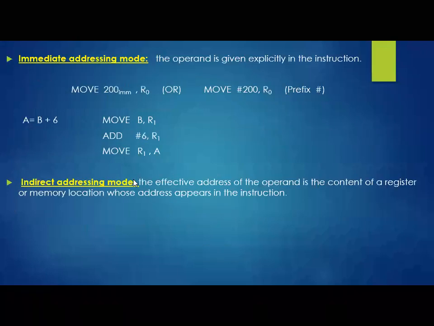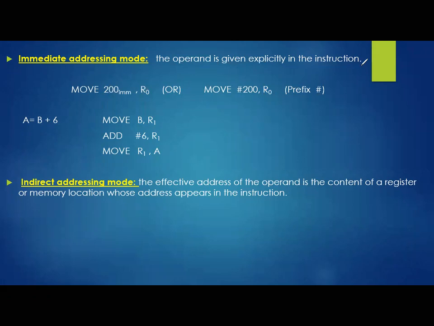Next variety we have is immediate addressing mode. What is this immediate addressing mode? Just observe, the operand is given explicitly in the instruction. According to my example, in location 100, which we are labeling as capital A, what is the value stored? 4, exactly.